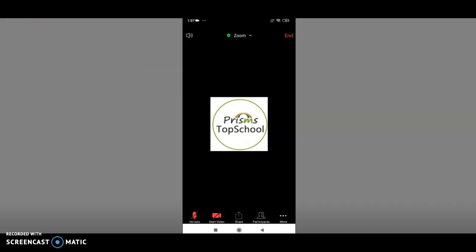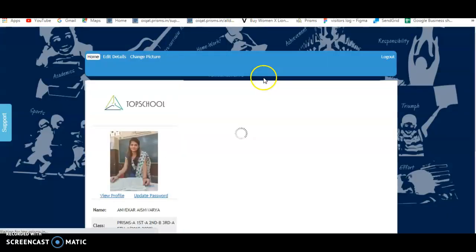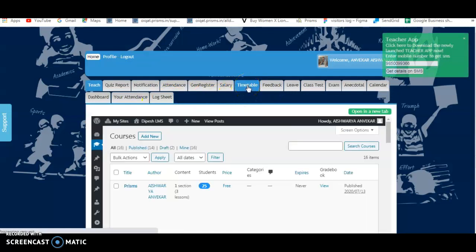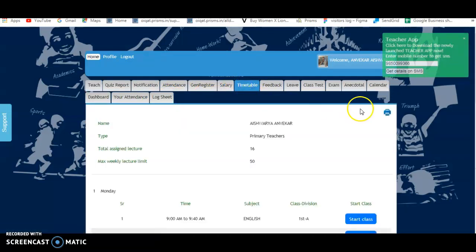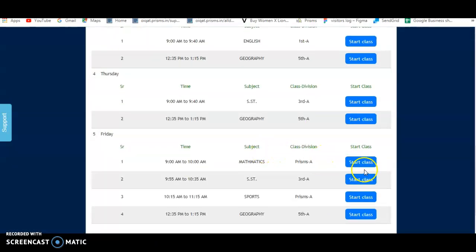Similarly, as a teacher, you can also do a web login. So for web login, when you log in with your username and password, similarly, you also have a timetable tab, and in that timetable tab, you can click on the class that you want to start.